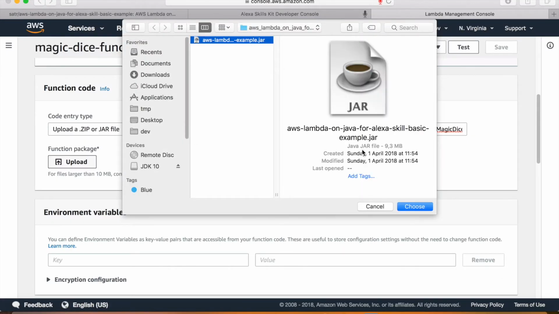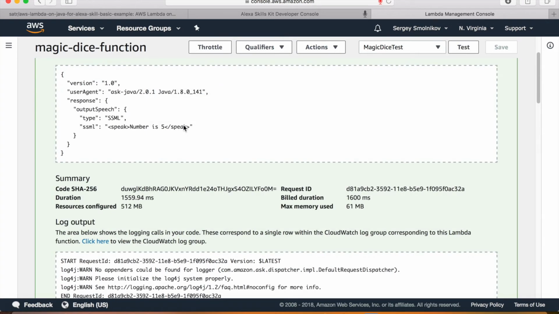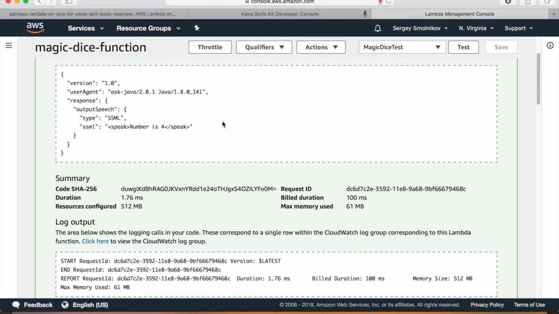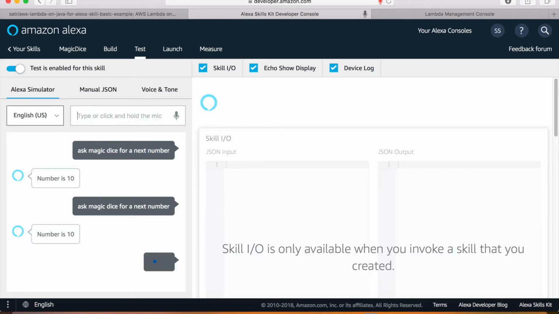Build the project and upload the jar. Save it. Test it. Like this one.